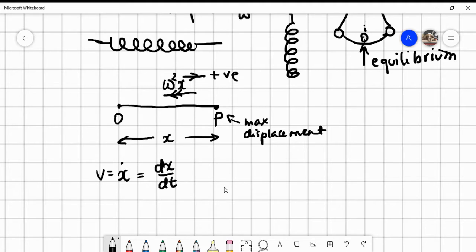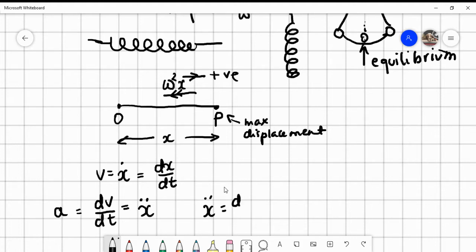Okay, now if I differentiate velocity, I'll get dv/dt, and that is going to be written x with two dots. This is acceleration. Now dv/dt, which is our acceleration, can be therefore written